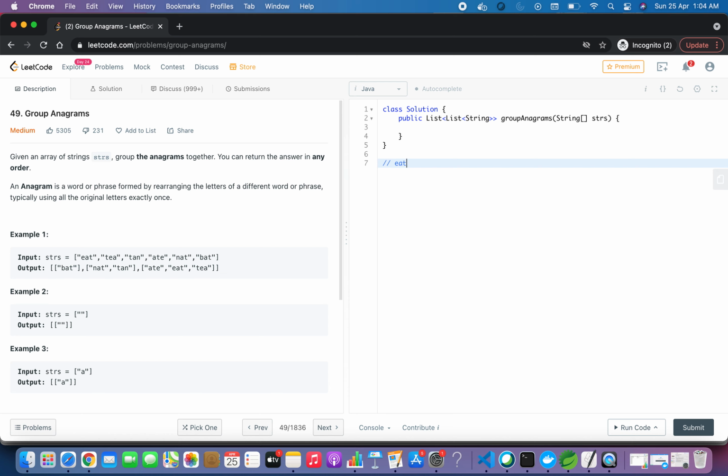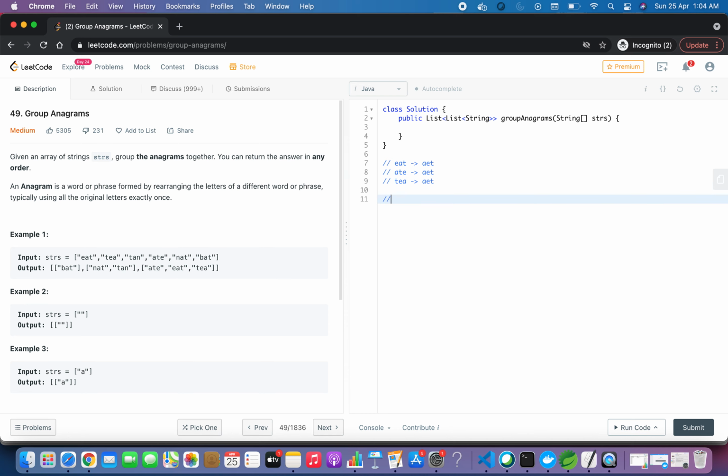Suppose we have a string called eat, then its sorted order will be aet. Similarly, if we have ate, then its sorted order will again be aet. Similarly, if we have tea, then its sorted order will be aet.